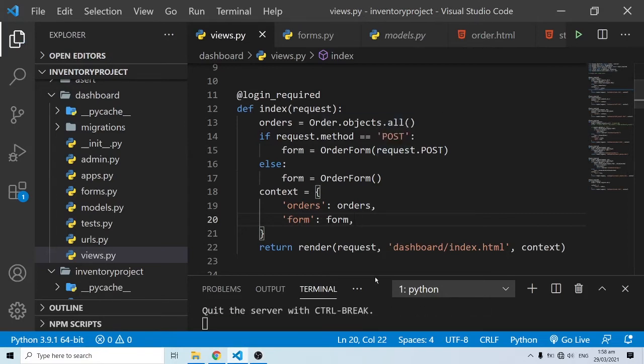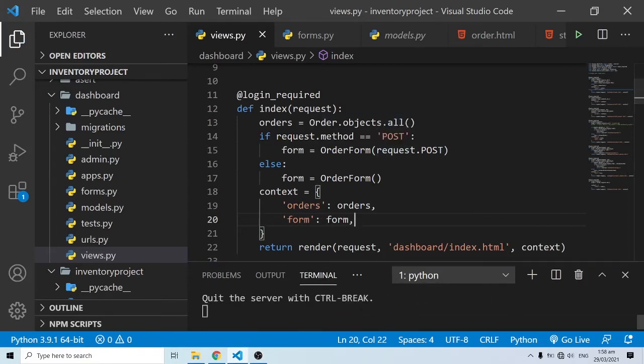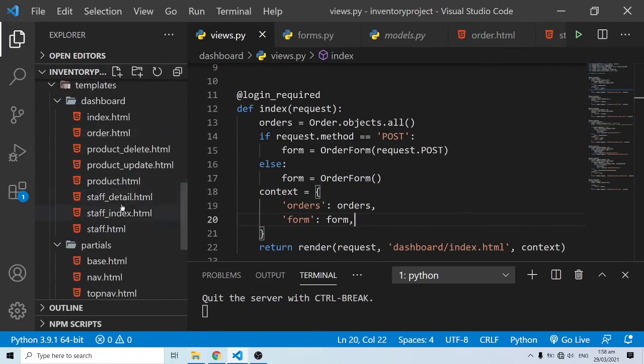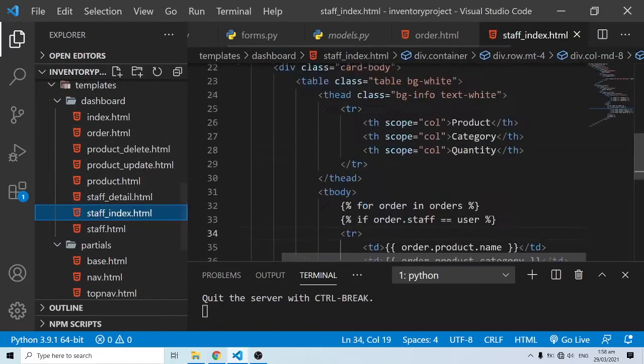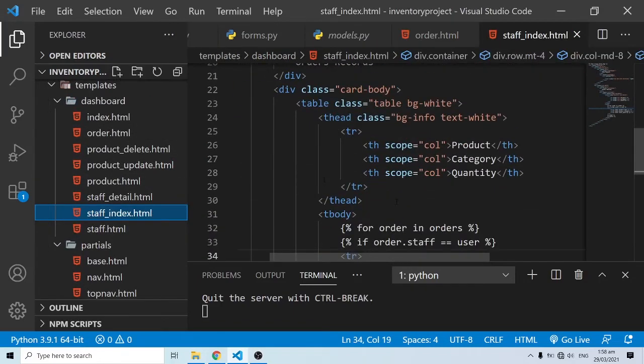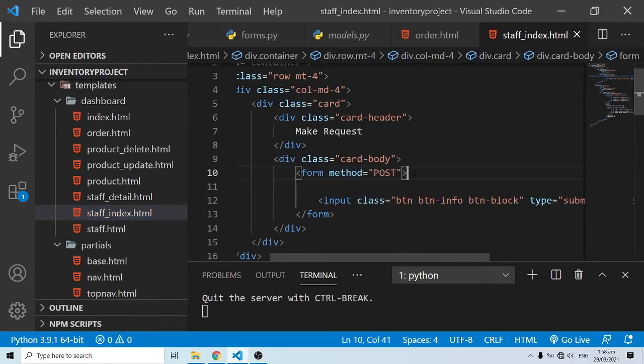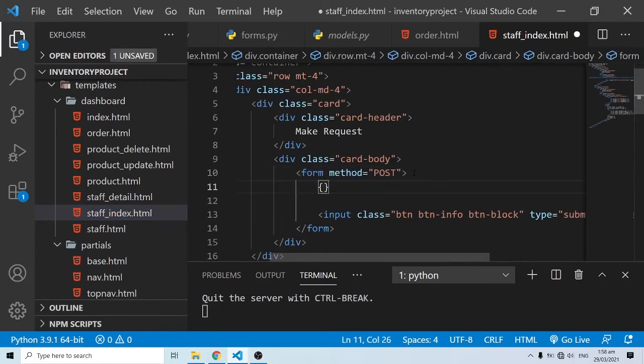All right, I don't think we have any problem with our dev server. It is still running. So what I can do is we can come into the staff index.html, and this is where we are supposed to have the form. Okay, so this is form. So the form, the method is post. Now let's put up our CSRF token,